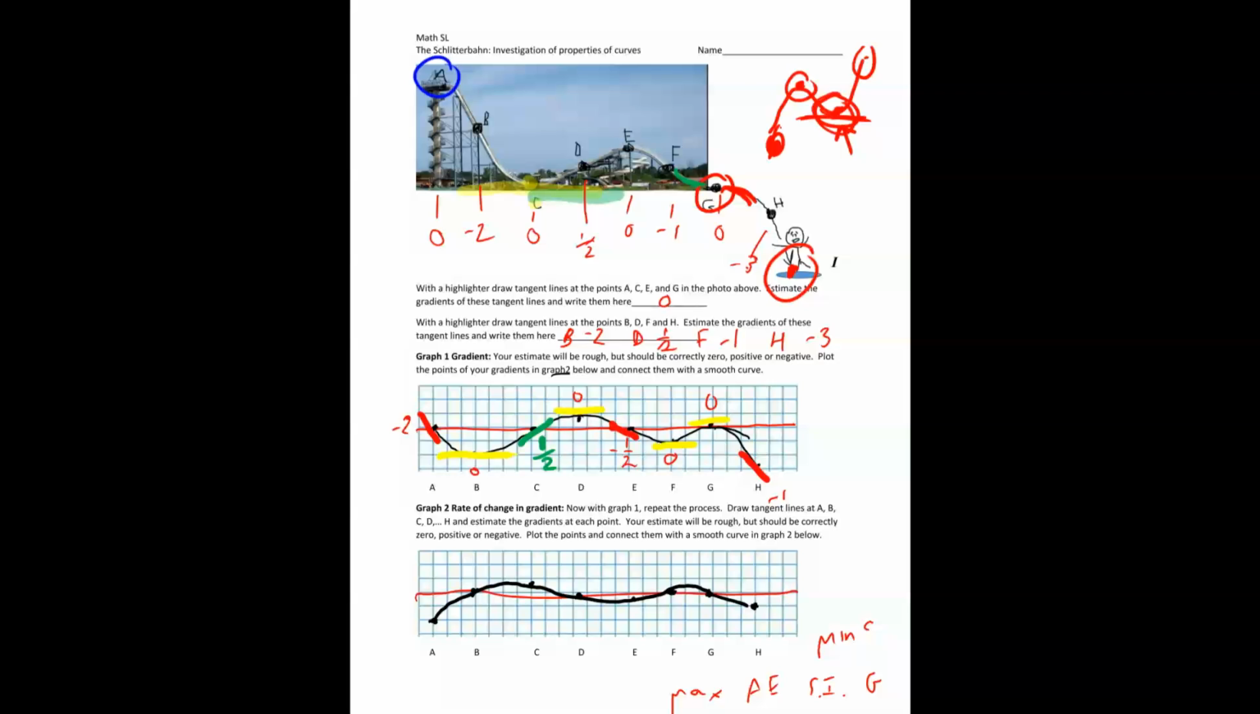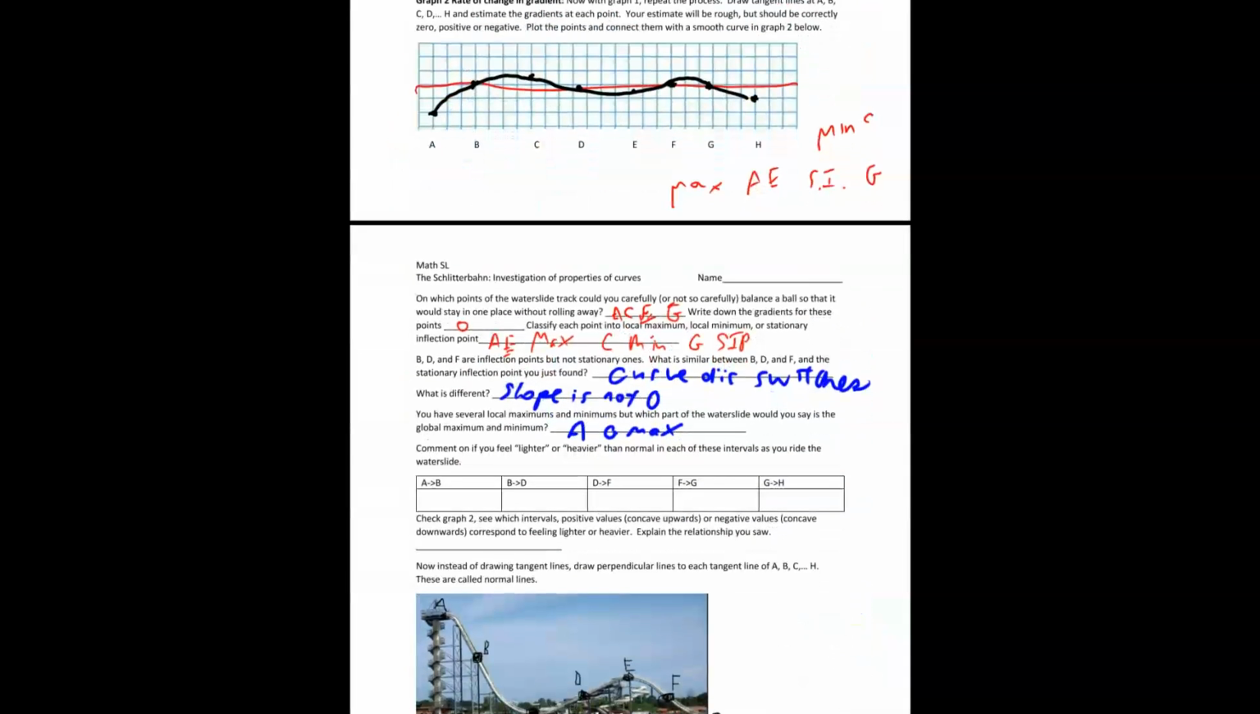The endpoints of the curve are here and here. These are also possible candidates for being global maximum, global minimum. In the case of I, it is the global minimum. So I is a global minimum. Okay? All right. Comment on if you feel lighter or heavier than normal in each of the intervals as you